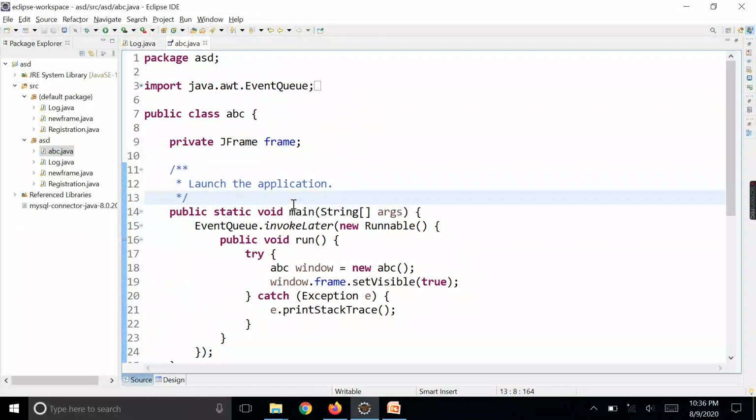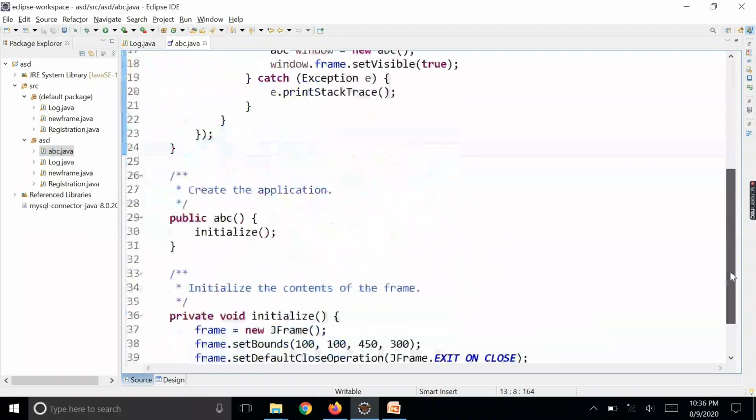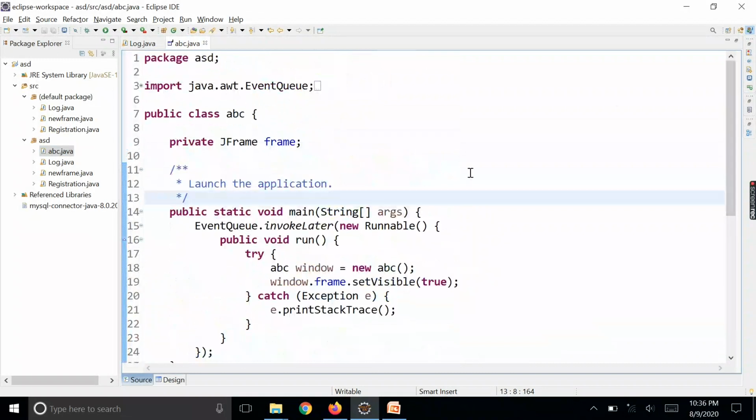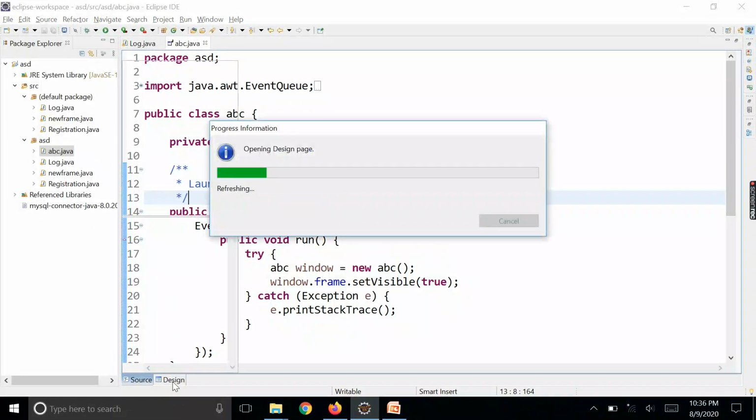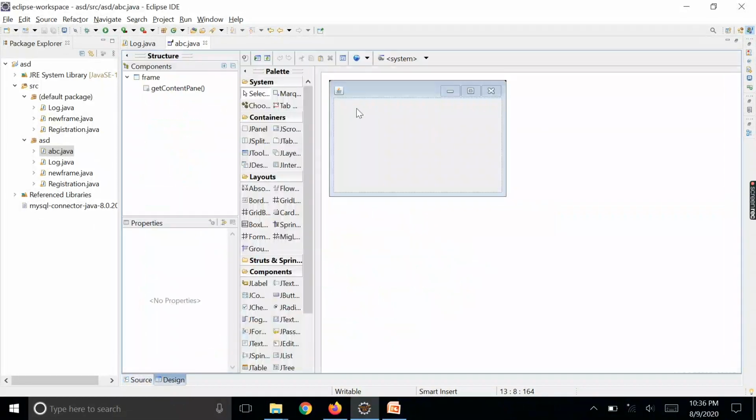Earlier, in a simple Java project, it would create only the source code file, but here, if you see, it will create the source file and also the design. You see two options, one is the source option and the second is the design option. If you click on the design option, it will open the layout of the application.